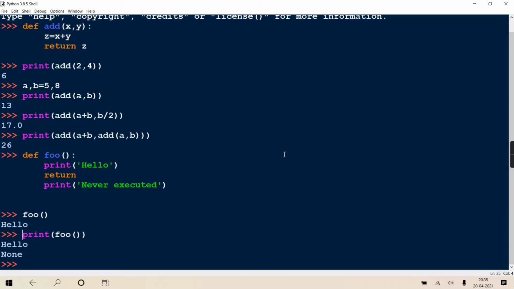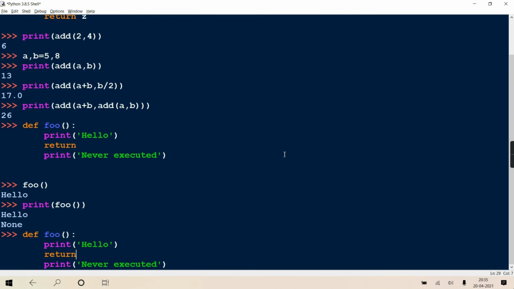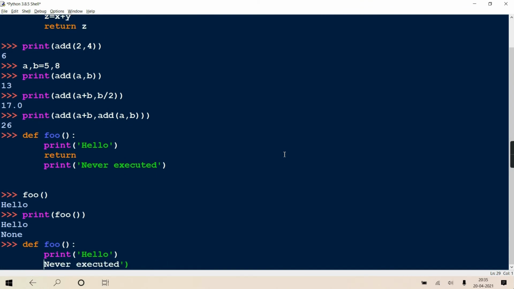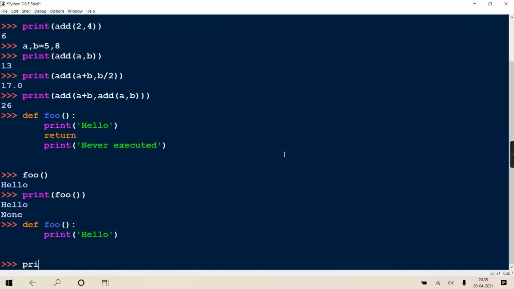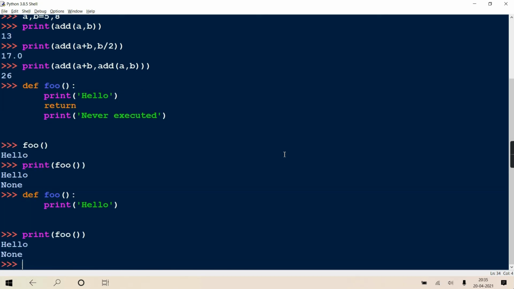Like in this case, I'm writing a foo function which is just printing hello, but there is no return statement in it. And still I want to check what it is returning. So it will print hello, but it will return None.